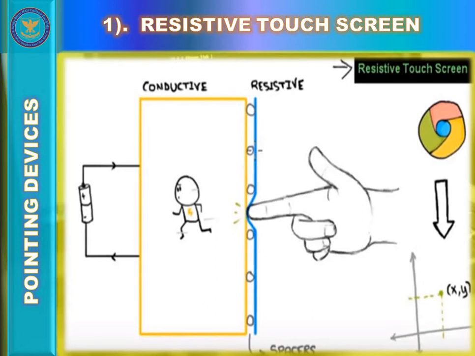Or you can say that the touch screen is coated with a metallic, electrically conductive and resistive layer below it that detects the pressure of your finger or of another object on the screen.